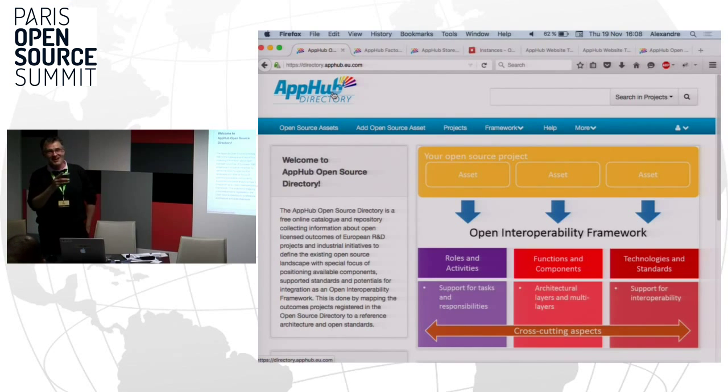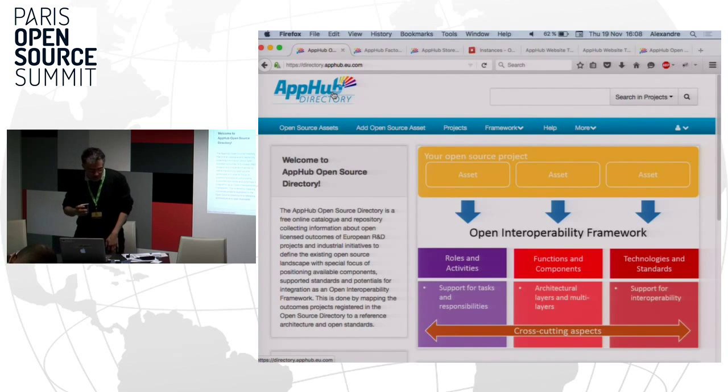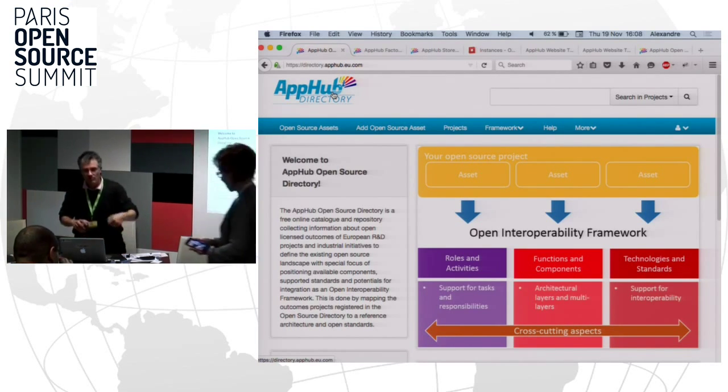It's a good question. We're asking ourselves the same question. It's part of the AppHub project to answer the question. In 2016. Exactly. The general answer is the AppHub platform will go over to OW2 and be hosted there. There are some details we have to check, but the general idea is that OW2 will use it as the main instrument for showcasing the projects. So there is an extremely good chance that